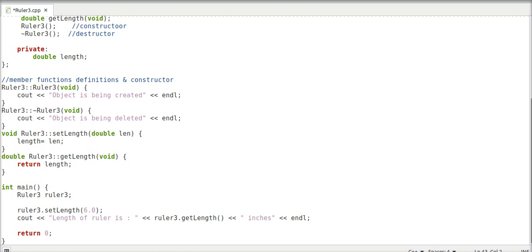Those look correct. Did we close all of our... We have our semicolons everywhere. Yes, yes, yes, yes, and yes. I always like to check those. And if we go down here to our driver or main, we have Ruler3 ruler, ruler.setLength, yep, semicolon, yep, semicolons, semicolons. All right, we look good to go here. I'll just quickly save this,